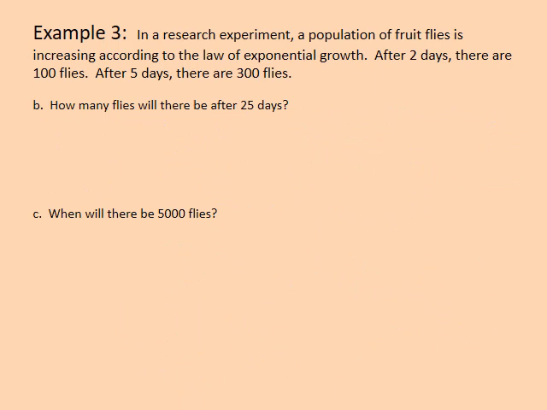The next part of this problem asks us how many flies there will be after 25 days. Currently stored in my calculator are the value for A and the value for B that we found on the previous slide. So I'm going to say y equals A e to the B times 25. Now A and B are stored values. So when I plug in the 25, plus the A and the B and the e, I find that my approximate answer is